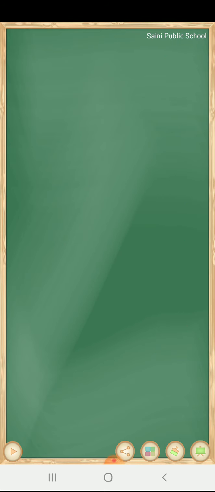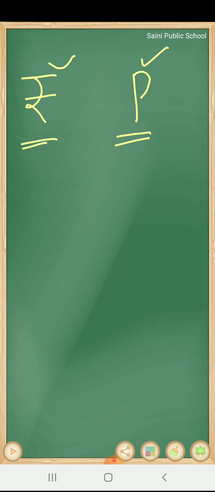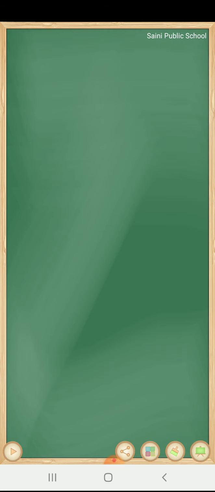Students, as we know, there are two units of money, that are rupees and paise. So for addition and subtraction, first of all we will write their units in separate columns, and then we will write numbers according to their places, and then we will add and subtract accordingly. Let us discuss with the help of some examples.